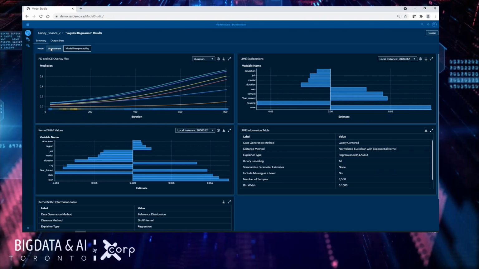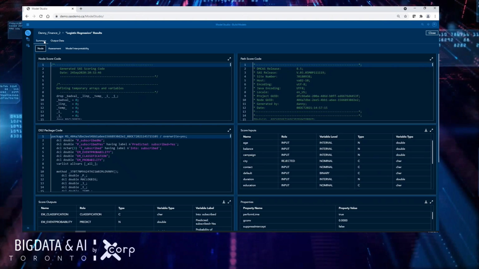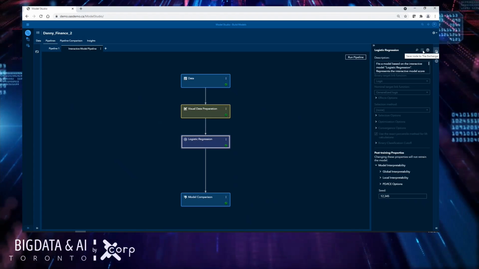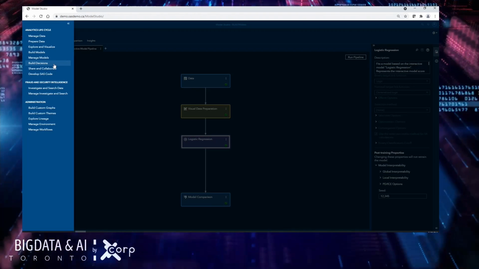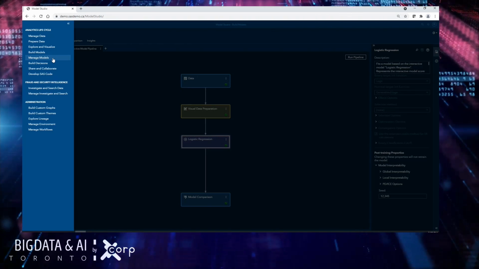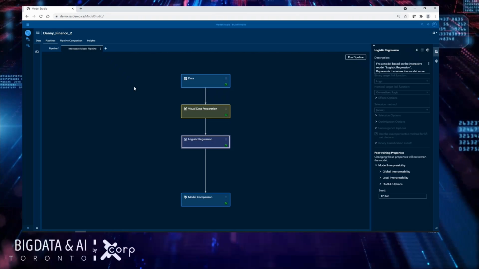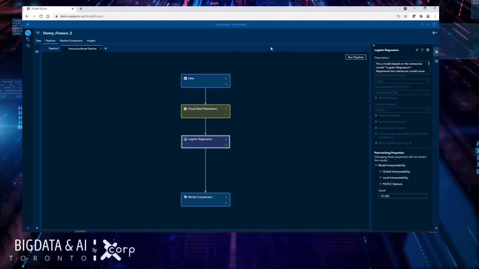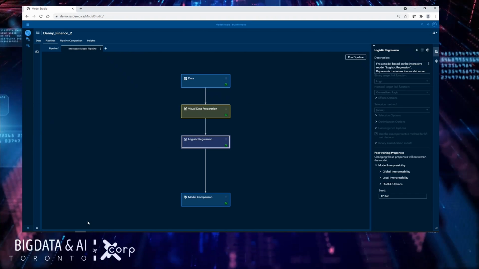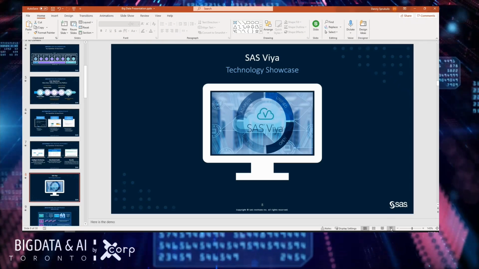And then once you have the model that you feel is fit, so you've been predicting the term subscription loans, all you need to do is go to your model. You go right here, you'll save your model to the exchange. You'll go to this right here, manage models, and you can publish it to your organization so that they can utilize your model that you just built. And that's how you go from the discovery phase to the deployment phase. You can build a model in here, and you can deploy it to the rest of your company. And so that's our demo for today, but I'm going to take us back into the presentation here